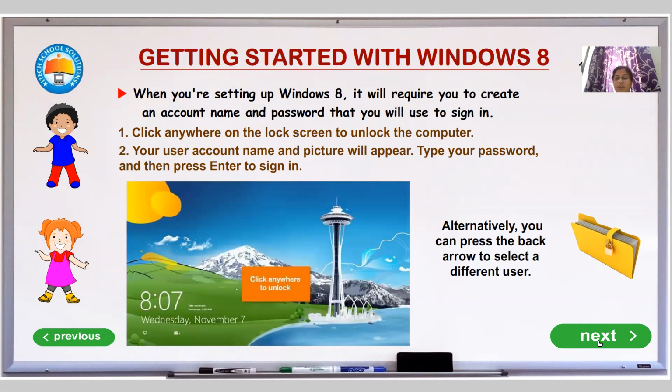You all have a mobile phone, right? You create an account name, you create a password. People put either 1 2 3 4 numbers or a pattern, right? You will have dots and you have to join the dots. You create a pattern. Likewise, your computer system also does have. See, whenever you come to the school, your computer systems are logged, right? You need to click and put the password. Yes. So the same thing you're supposed to do.